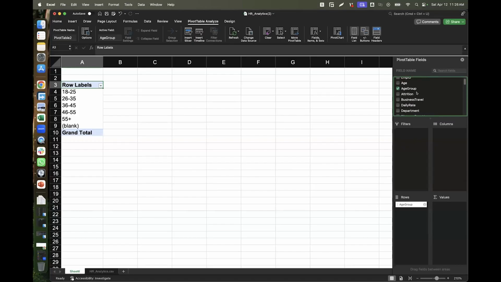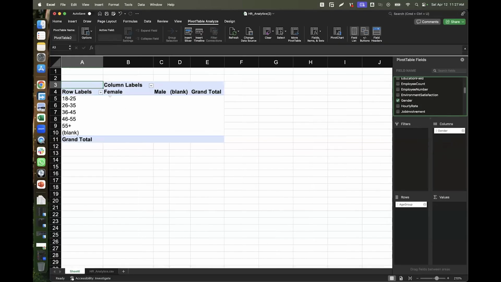I'm not sure if we have gender. Do we? Yes, we do. We should have gender. And I say, I want to see a breakdown of how many people are female or male within a specific age range. I'll drag this to my column. You can see all of that here, right?